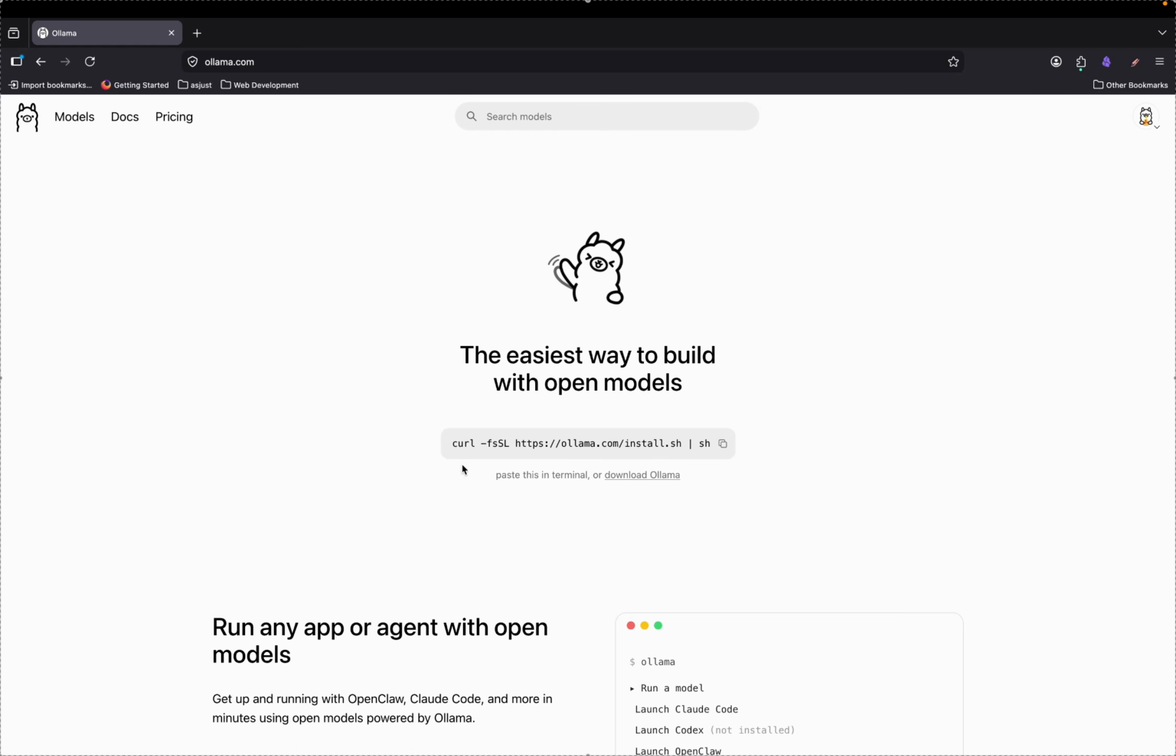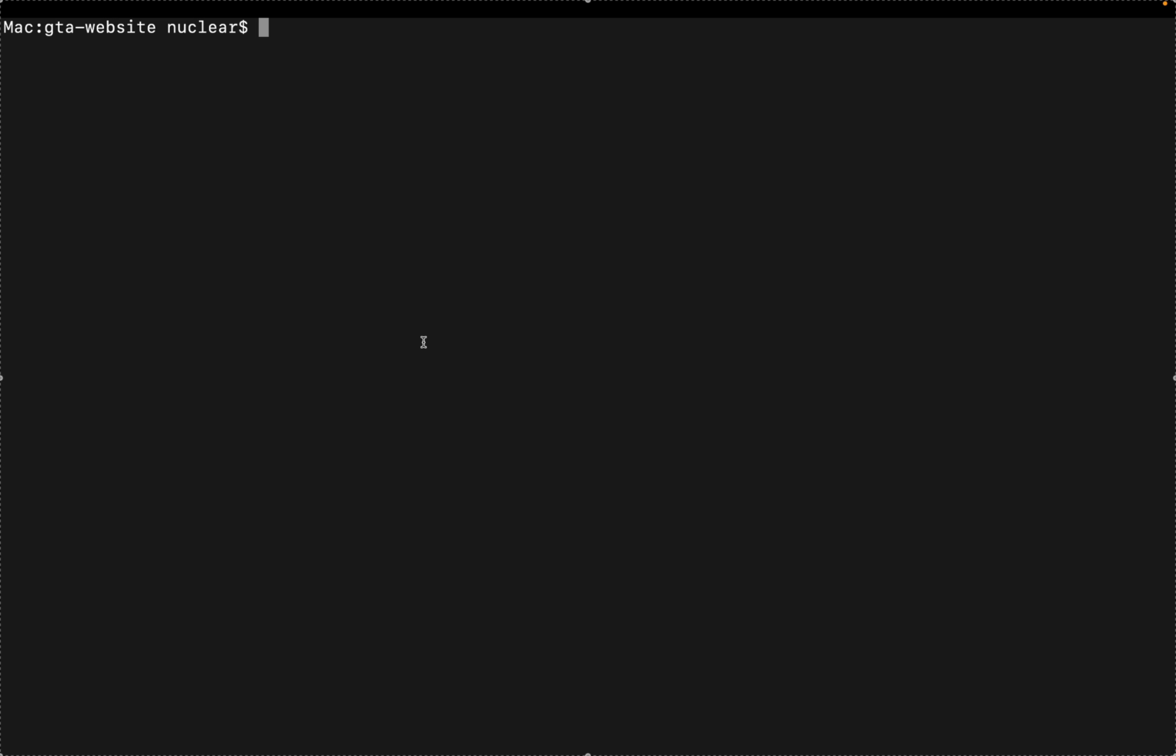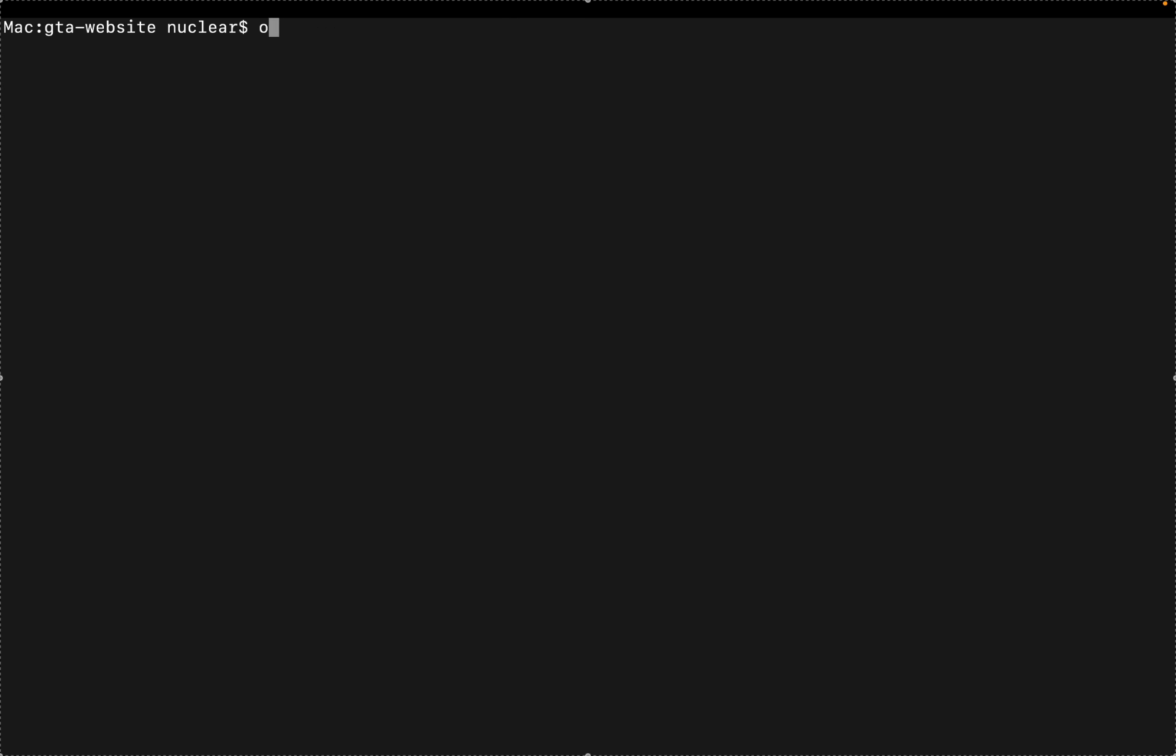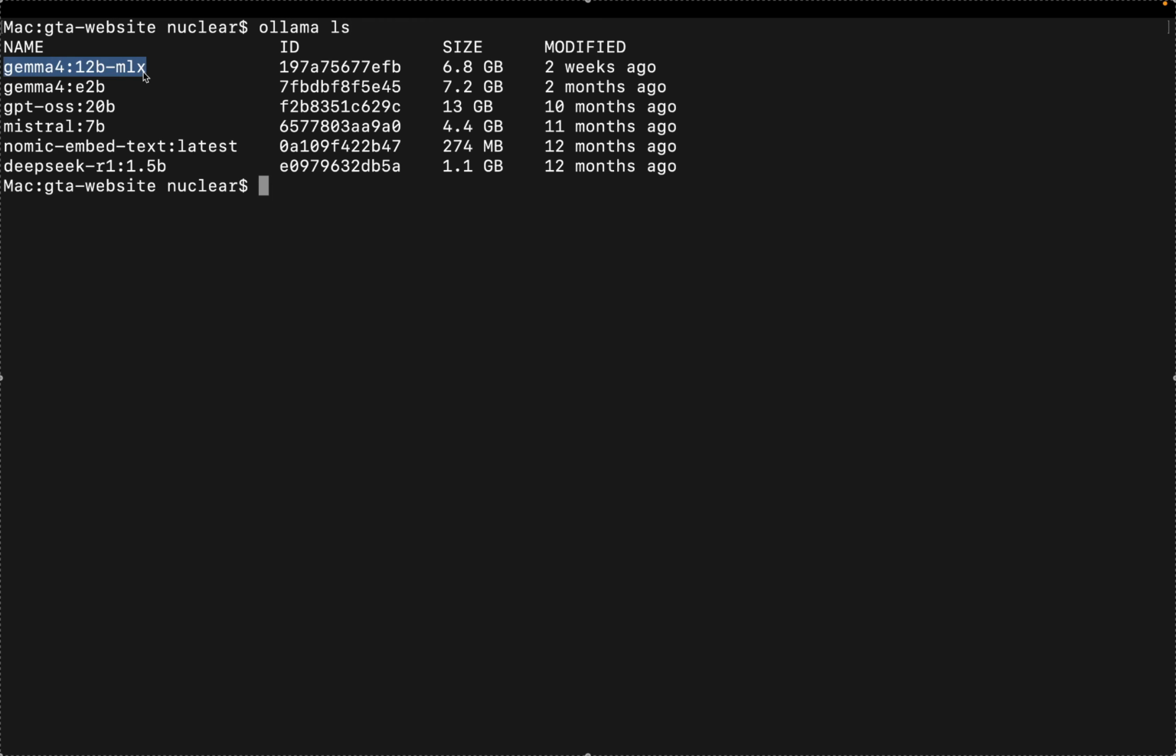So to download the Ollama, you can come to ollama.com and you can copy this command right here. Simply copy it, go to your terminal, paste that command and hit enter. This is going to download and install the Ollama for you. I just canceled it because it's already installed on my Mac. So let me clear this. After it's installed, you can simply do ollama ls and see which models you have downloaded,